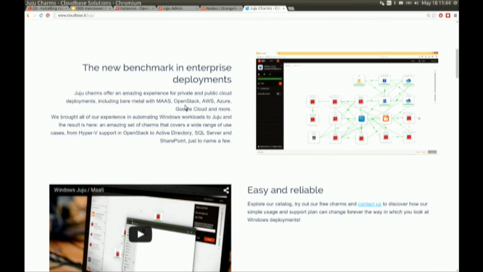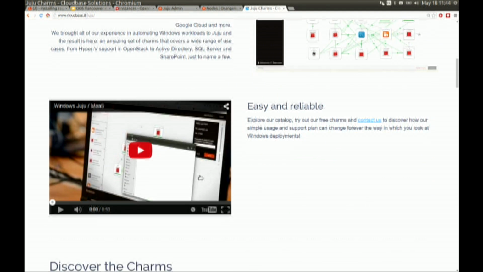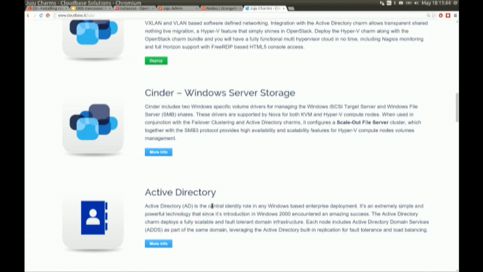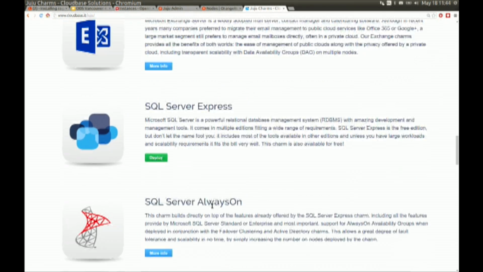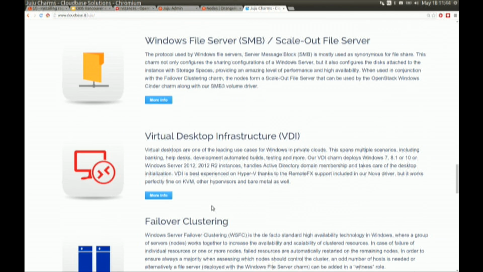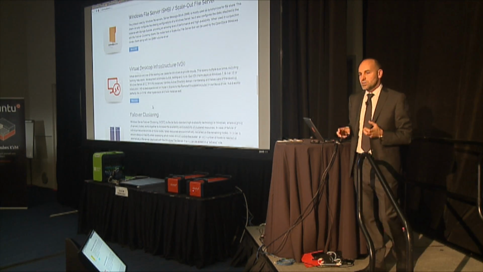So here you have, for example, OpenStack modeled on Hyper-V with Juju and deployable through MAAS or on Hyper-V. Here you have a whole portfolio of OpenStack components, Cinder, Nova, and so on, but it goes far further than that. Active Directory, SharePoint, Exchange Server, you can all read, but it's fantastic. So real software